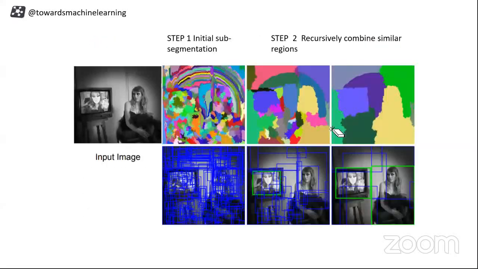Okay, so I guess I made you aware of what the importance and the difficulties are, how complicated the selective search algorithm might be. Okay, let's take one more example. This was published in the paper itself, selective search. So you can see there is one lady, there is one television.